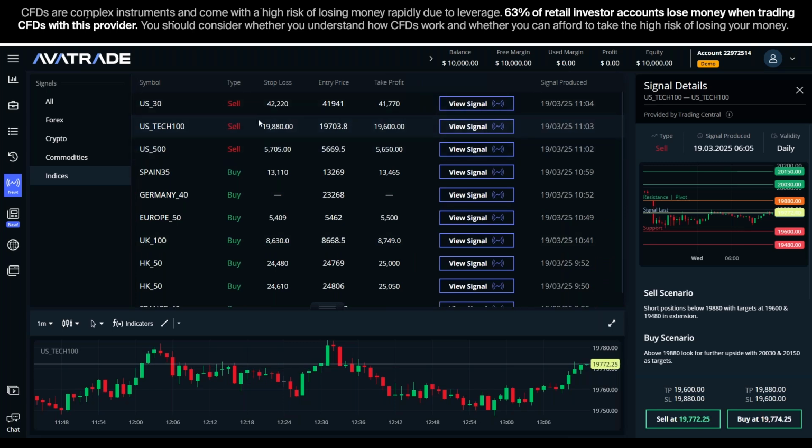We can see that it constructed very nicely. We have here the type, the scenario of the analysis displayed in here. We have take profit, we have stop loss, and we have the entry price, which the analysis was based upon. And we can see that if we click on View Signal, we already have this analysis displayed on the chart